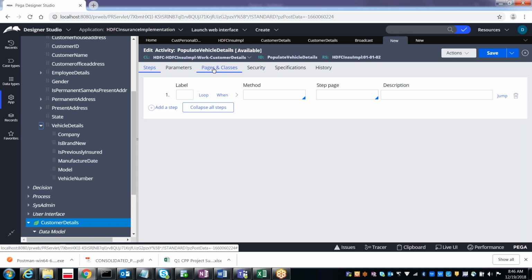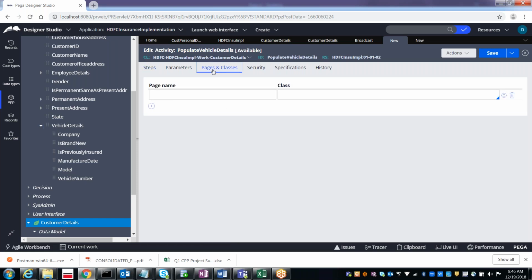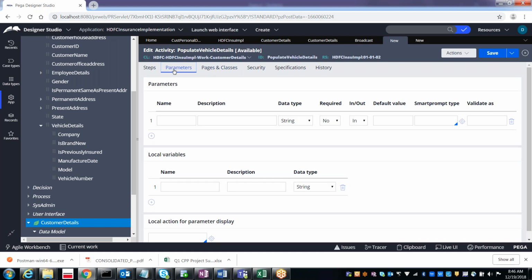Before that, here we have something called pages and classes. Yesterday also I told you about parameters. Parameters are property kind of things, but they are local variables, meaning those properties are available only within this activity. Parameters mean this can be accessed from other activities as well.